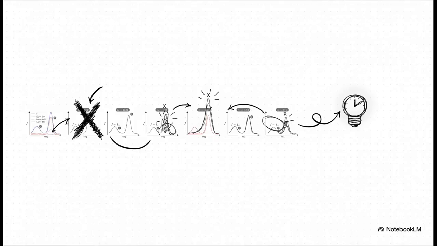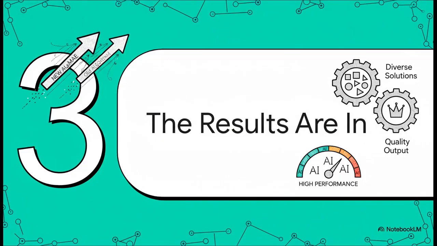And you can see that dimmer switch in action right here. When alpha is turned way up, the algorithm acts just like its flawed predecessor. See? It finds an easy solution and then immediately gets distracted, totally ignoring a better but harder to find solution over there. But when you dial that alpha way down to a low value, the algorithm suddenly becomes patient. It smartly spends its time finding that higher quality solution before it shifts its focus to go explore other areas. It's brilliant.